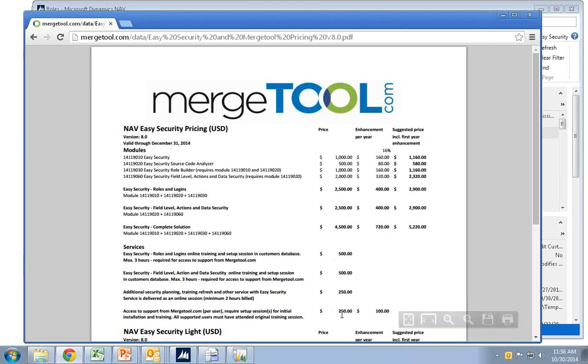So the $1,250 basically includes training for roles and logins, training for field level security inside your database with a fully working system when we're done, and then also future support in application features of our system. Yeah, so I won't say that it won't cost you anything extra except these numbers added together, because ABC, of course, will also have to assist us with the technical install in the beginning.